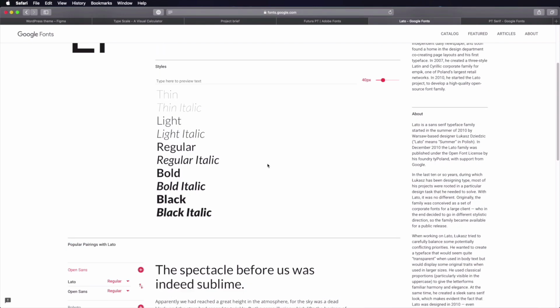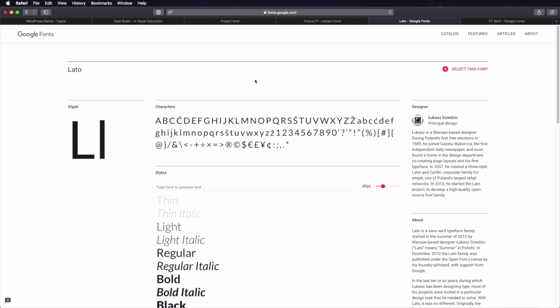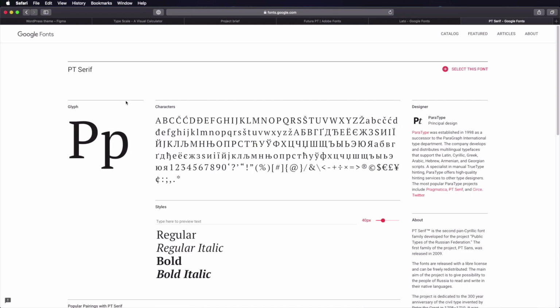And this is what it looks like. It's a very popular typeface here on Google Fonts. And we're also going to use a serif typeface in the form of PT Serif. Again, this is made by Paratype. And this